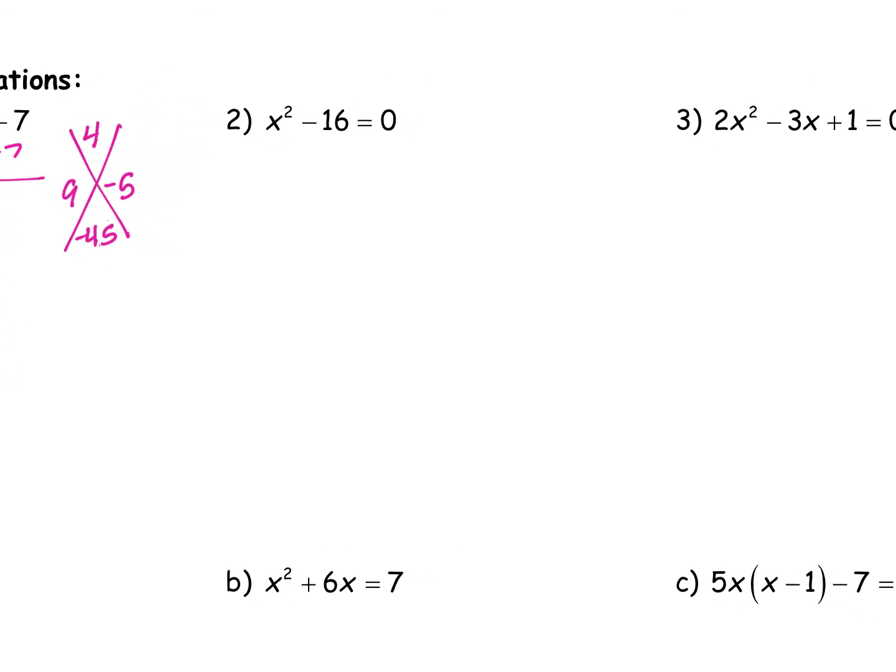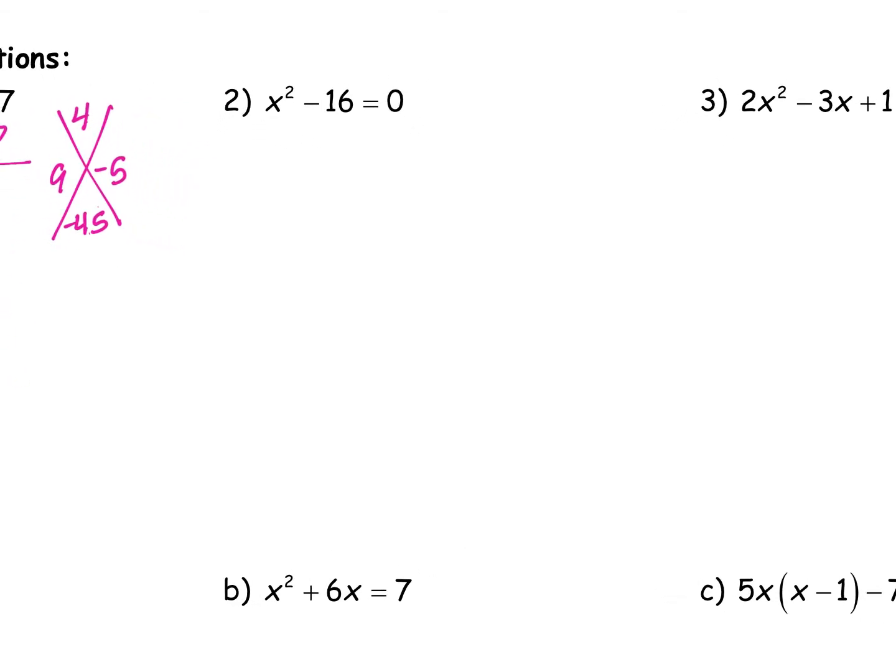Number 2, look, I only have an x squared, so I know I can solve this one by just taking a square root. So I can add 16 to both sides, and I get x squared equals 16. And how do I make an x squared become an x? Anybody? Square root it. So if I square root one side, I have to square root the other side. So x is going to equal what? 4. Or